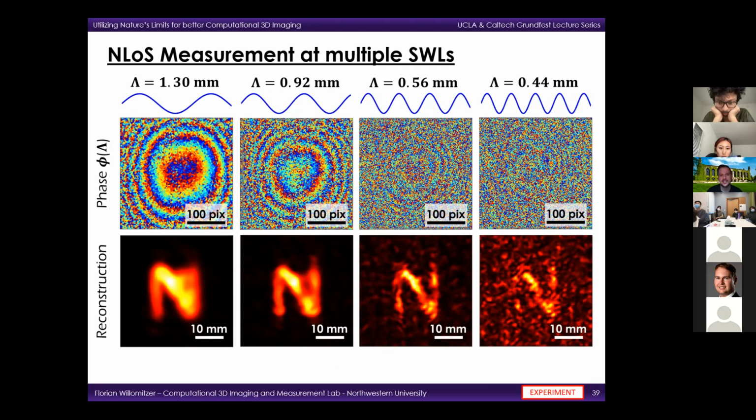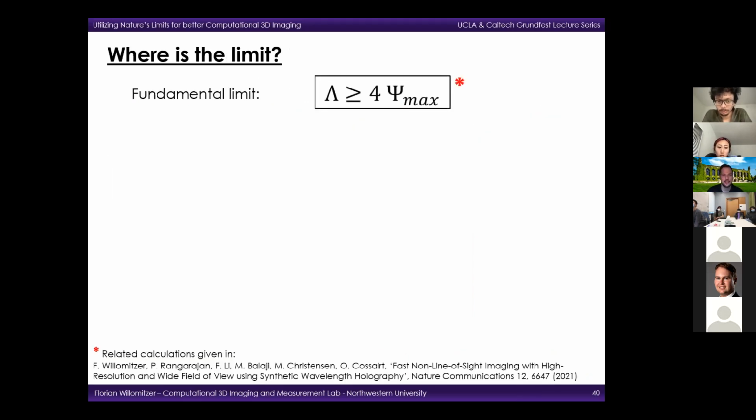And what is so fascinating to see here actually is that the synthetic wave behaves exactly like an optical wave. What do I mean by that? Is that the resolution gets better with decreasing synthetic wavelengths, but also you see that these measurements at smaller synthetic wavelengths here, they are actually more susceptible to this degradation. Yeah? And this degradation of the result paired with this improvement in resolution that we see actually begs the question, are we approaching a fundamental limit here? Or in other words, how small can the synthetic wavelengths become?